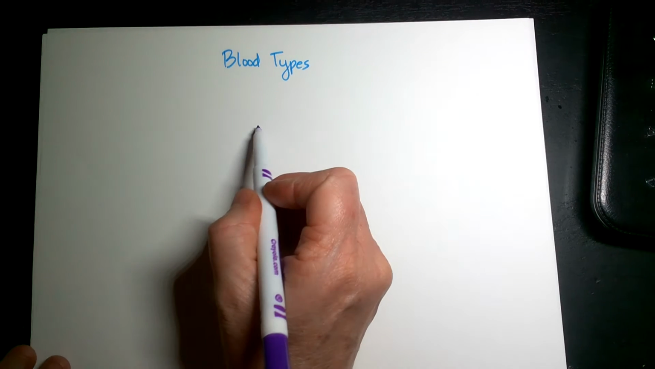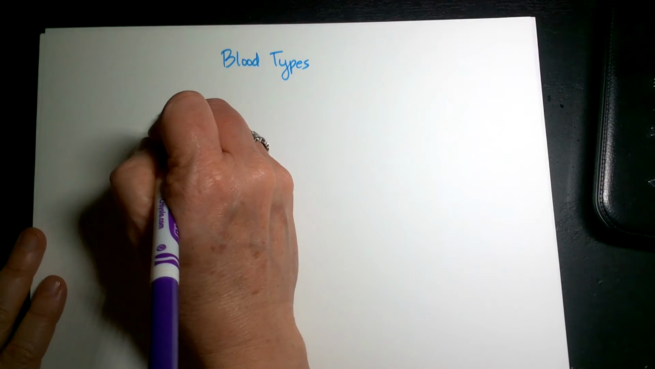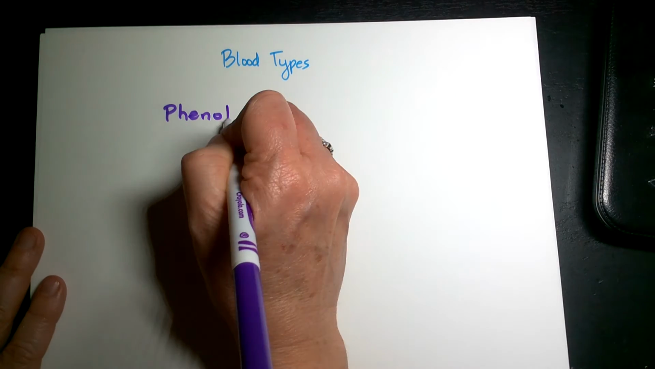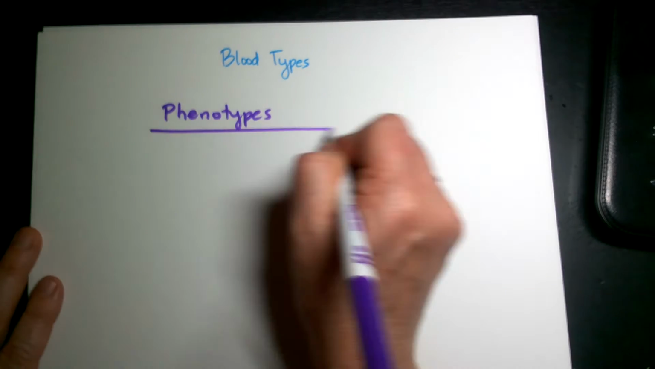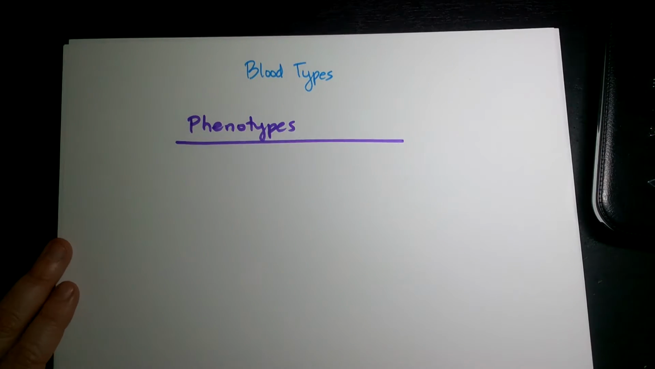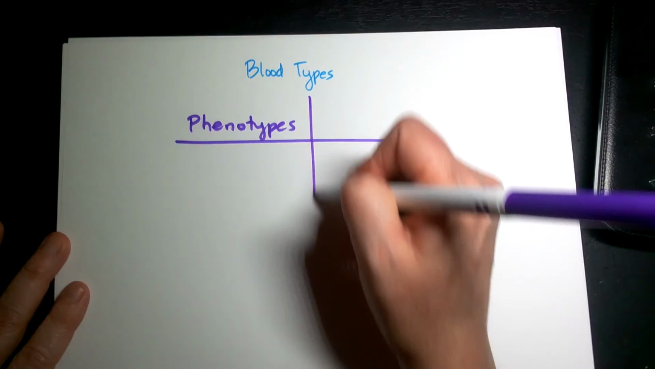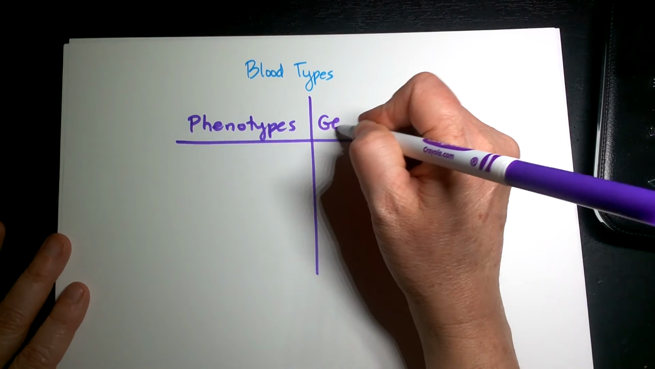Okay, so this video is about blood types and how you can do Punnett squares to determine blood types of possible offspring. All right, so the first thing you have to know about blood types is you have to know the different phenotypes, and that's the literal blood types that humans can have, and then the genotypes